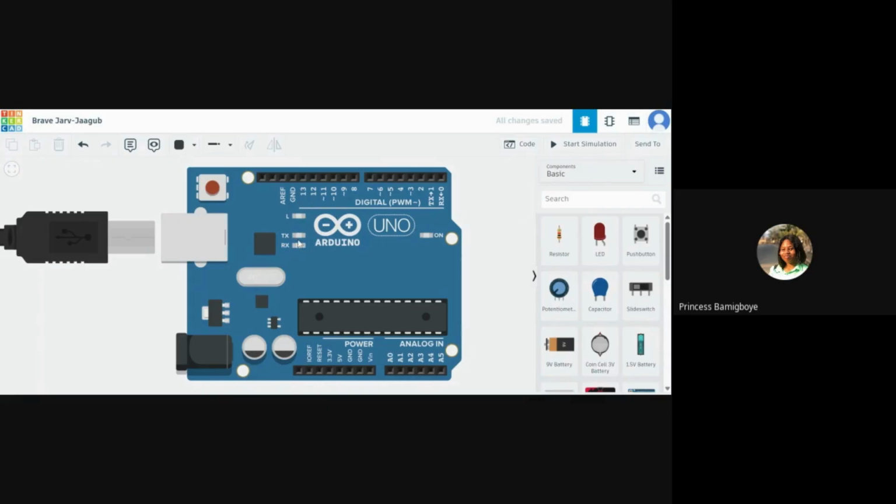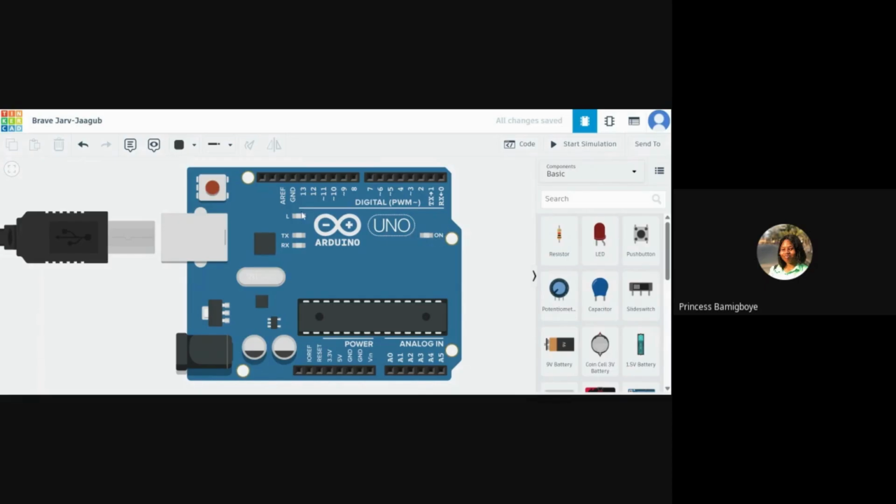We have this LED for showing that signal or data is being transmitted. Then this one indicates that data is being received by the Arduino. So transmitted from the Arduino, being received by the Arduino. This just shows that the Arduino is on. So as you can see, on.